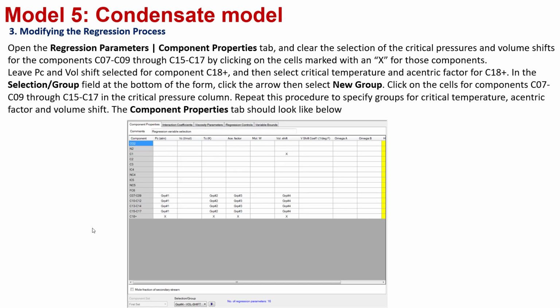Okay, you go to regression parameters, component properties tab, clear the selection of critical ratio and volume shift for the components C7 to C9 and C15 to C17 by clicking on the cells marked with an X for those components, and leave critical ratio and volume shift selected for component C18 plus. Then you need to select the critical temperature and acentric factor for C18 plus. In the selection group field at the bottom of the form, you click on the arrow, then select new group,